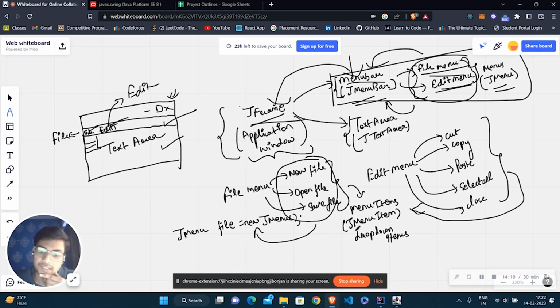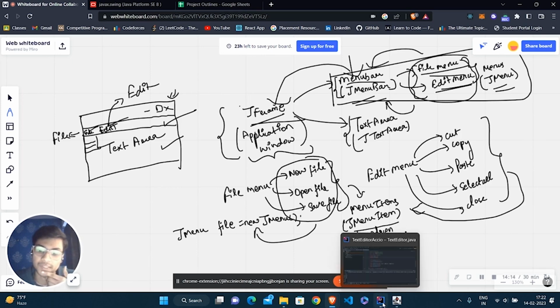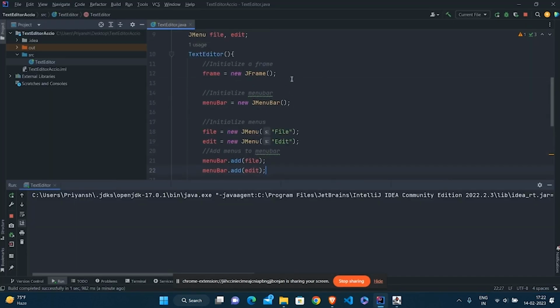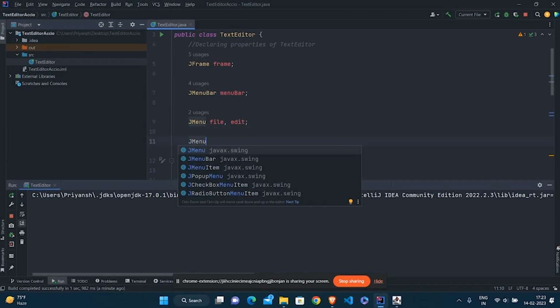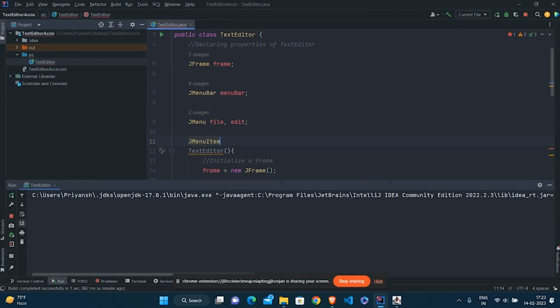And what is the class for creating a menu item? That is the JMenuItem that we discussed in the design. Similarly, as we created all of the objects, I need to create menu items as well. So JMenuItems. The first ones are new file, open file, and save file.